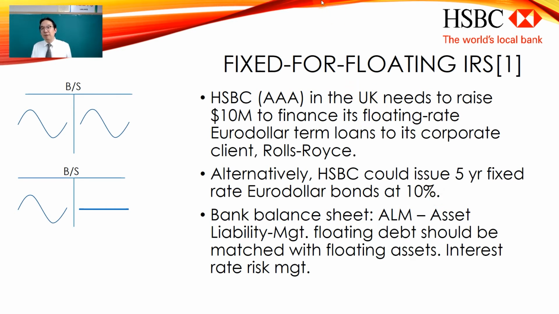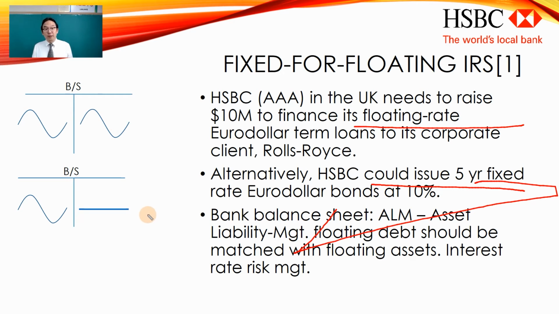Remember here in the previous bullet point, they needed to raise in floating rate bond. But in the second bullet point, you see it could issue 5-year fixed rate Euro-dollar bonds at 10% rate. And then bank balance sheet is all about asset liability management. So the second bullet point is about this. You have Rolls-Royce loan relation, which will be floating. But to finance that loan, would you borrow your money in a floating rate market or in a fixed